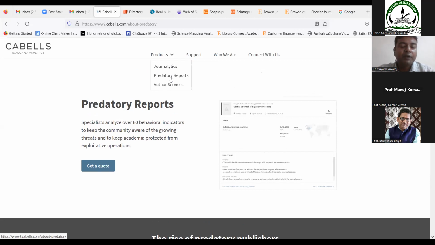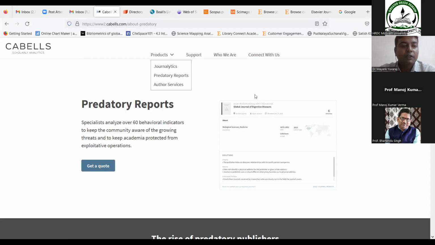Then the predatory reports are there, where you can find a detailed report on the basis of detailed criteria on how you can say that a particular journal is predatory. Then author services offer recommendations on where you can submit your paper. So if you can get access to this tool, it is a very powerful tool.